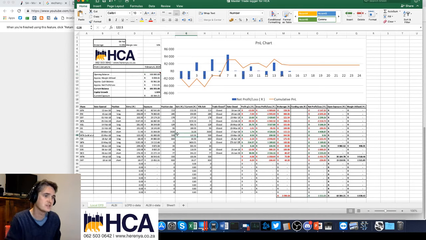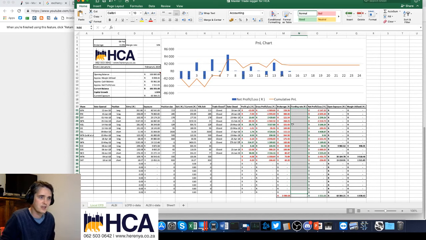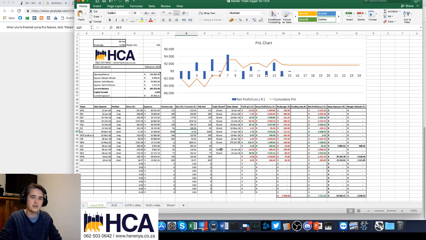There are a few shortfalls to this thing. It is not going to work out your swaps, right? Your interest that you pay for carrying the positions overnight. You can enter them in here manually. I was thinking about writing a formula to calculate it, but that's a bit complicated, so just keep track of it manually. I reckon put it in every day. You can also set it up so that it tracks the live prices of your instruments, but it is maybe a little bit of a mission for some, because I know different trading platforms have different ways of pulling data out, so I can't make one sheet for everyone to use.